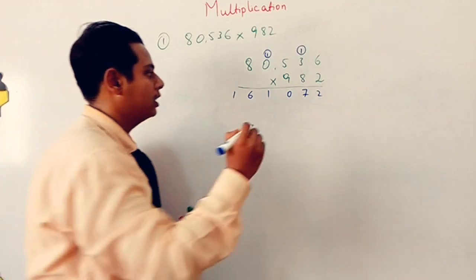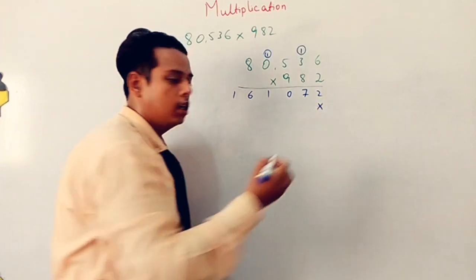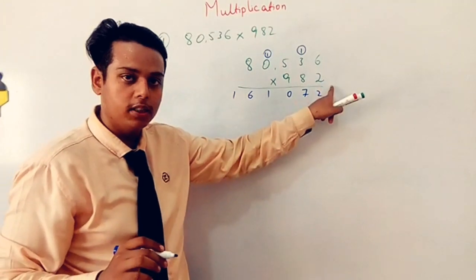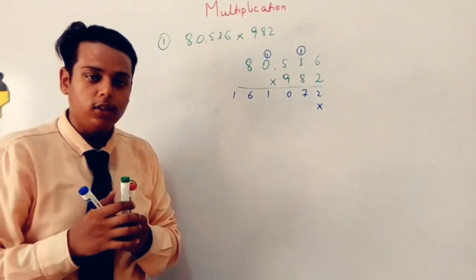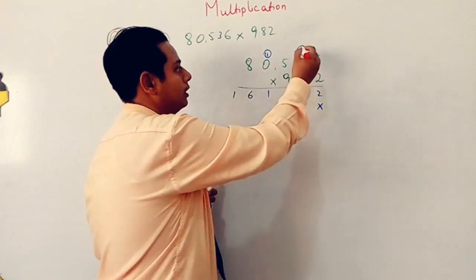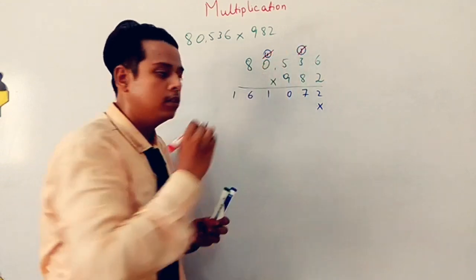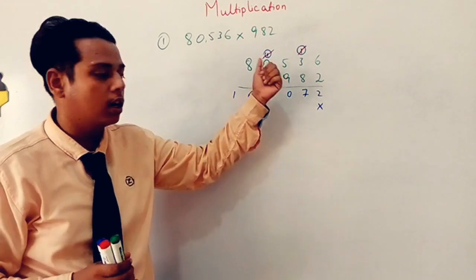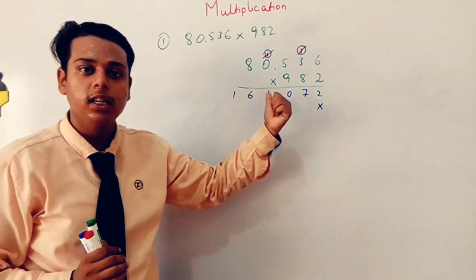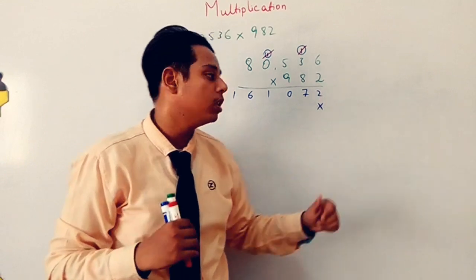Now I have completed one number, means I have multiplied one number with all the upper numbers. So I just need to place one cross over there. This one number is there, so I place the one cross over there. Now, as I told you before, just cancel the previous carries, so it will be easier for you. पुरानी वाली carries को अगर आप cancel कर देंगे तो आपके पास easy रहेगा, आपको confusion नहीं होगी.